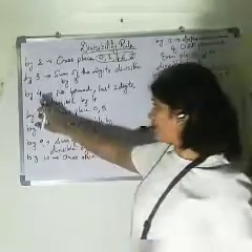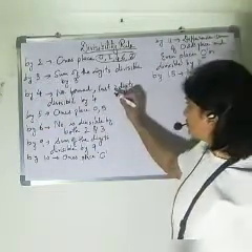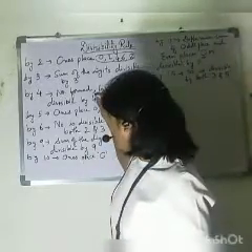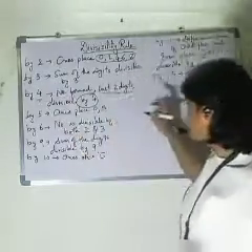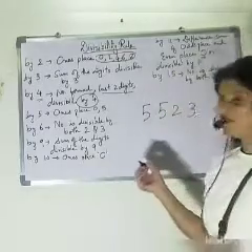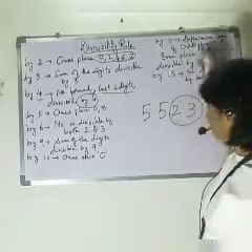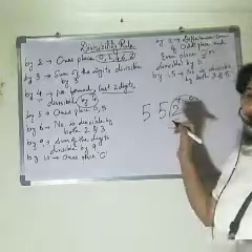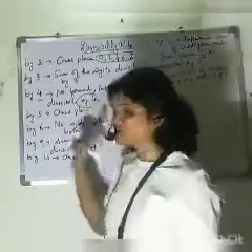Next, how will we check if a number is divisible by 4 or not? There, what we need to do is see the last 2 digits. If the last 2 digits are divisible by 4, then the number is divisible by 4. Suppose we have got one number 5523. So what we need to see is the number formed by the last 2 digits. We count from the right-hand side. So ones and tens together form the number 23. So is 23 divisible by 4?